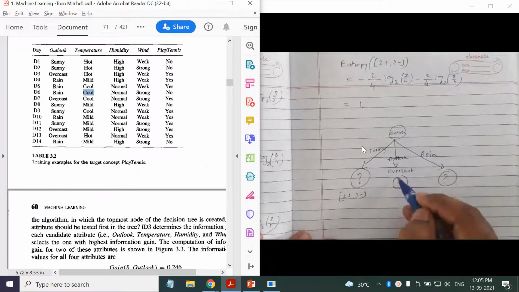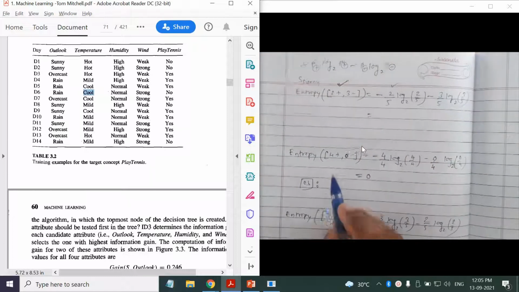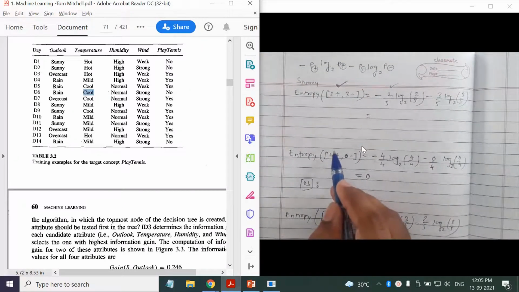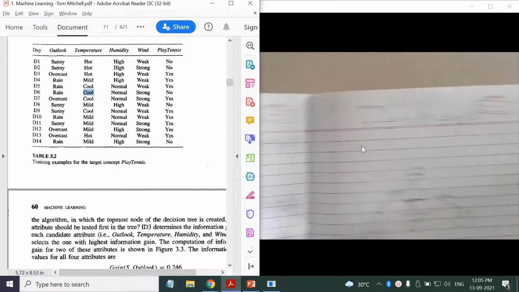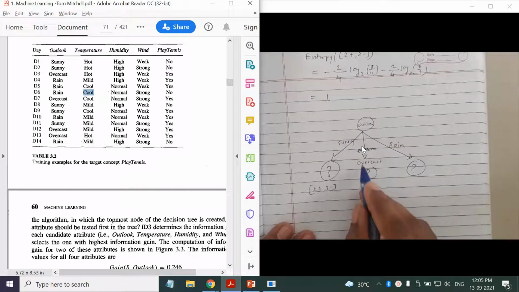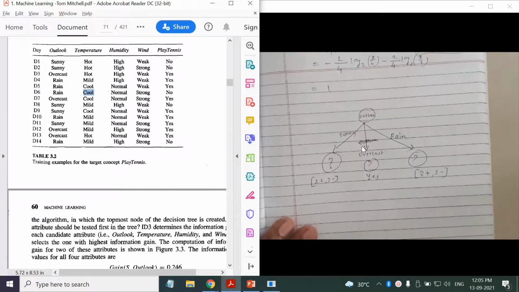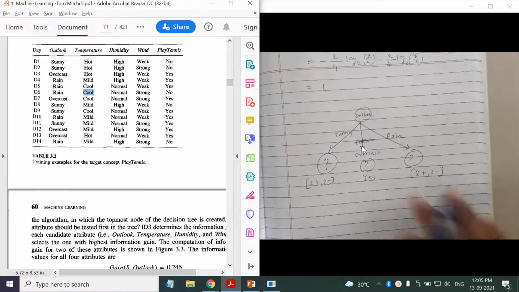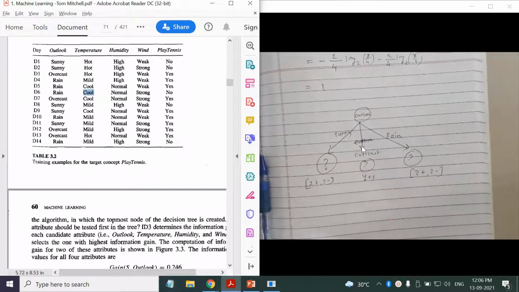Here when outlook equals to overcast, we can directly consider, okay, overcast. So overcast जब है, यहाँ पे देखिए ये overcast का सेट है. So when it is overcast, we can directly declare that example as yes, okay, because 4 plus 0 नेगेटिव है, तो यहाँ पे ये ब्रांच क्लोज होती है. ओके, सो इफ ओवरकास्ट देन वी कैन से yes. ओके, रेन के केस में हमें ये इसके साथ कंटिन्यू करना पड़ेगा. ओके, सो दिस इज हाउ वी प्रोसीड एंड वी कंप्लीट द डिसीजन ट्री. Okay, so we'll be completing this example in the tomorrow's lecture.